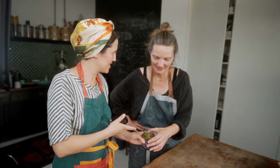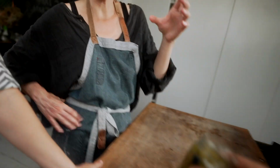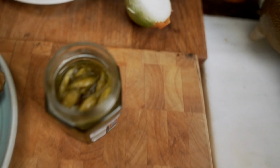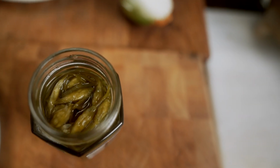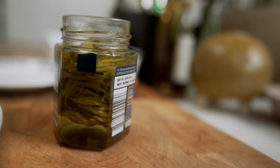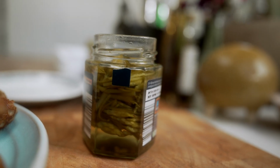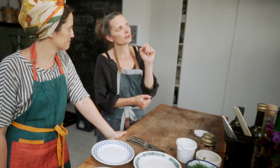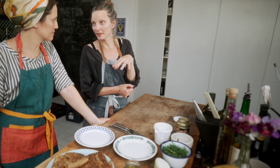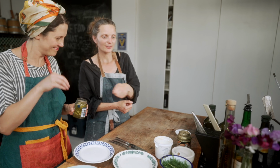Wow. So the recipe: you put one unit of water, one unit of vinegar. And then you put salt, sugar, and you dissolve salt and sugar. You put a little bit of bay leaf. You put a little bit of juniper berries or allspice berry, whatever you use. And then if you have dill, that's brilliant. You put a little bit of dill as well. So you dissolve it,